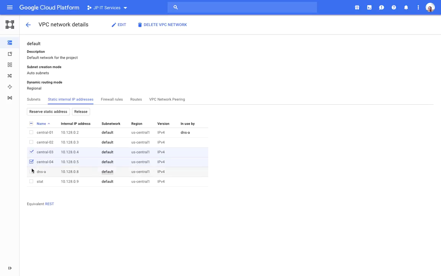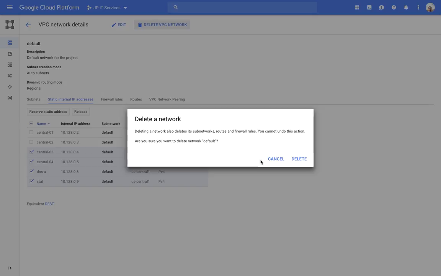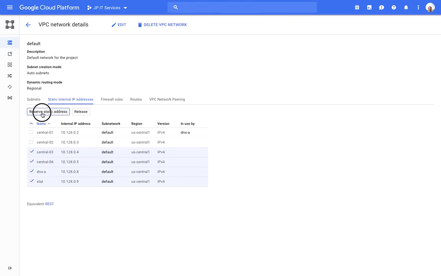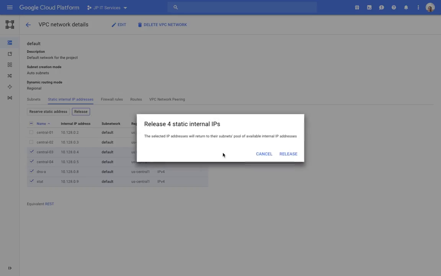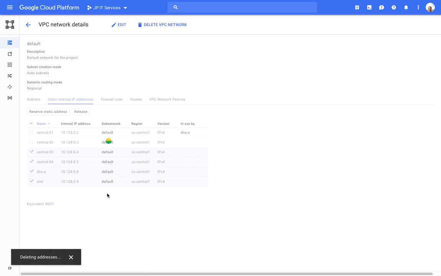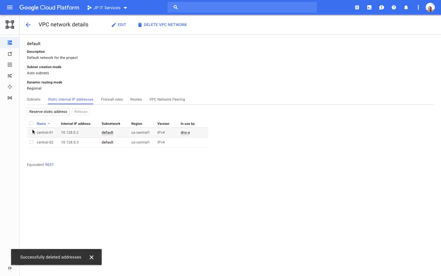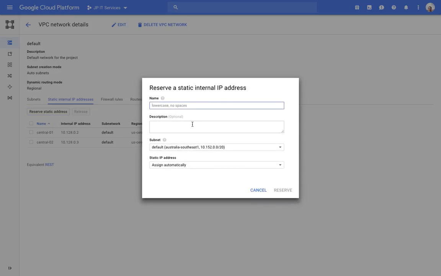I don't actually need these ones anymore, so delete those, or release them. No, it froze. We're going to release those because we don't need them. But I already created an internal IP address for one of my Pi-holes, but it would just look like